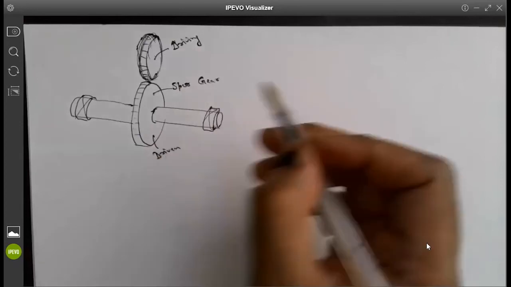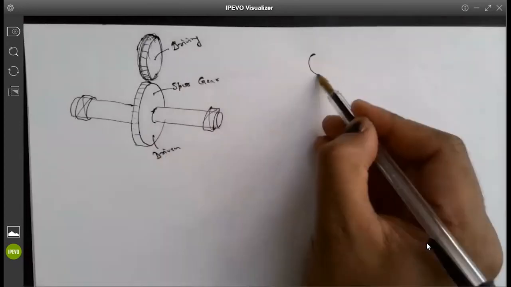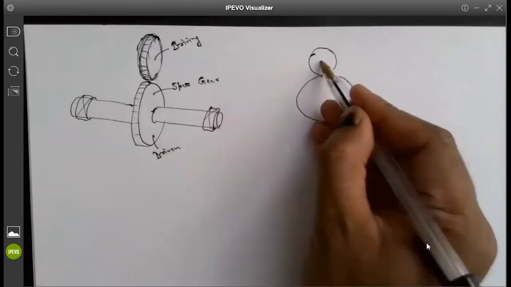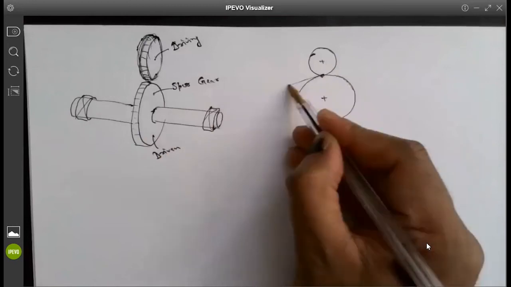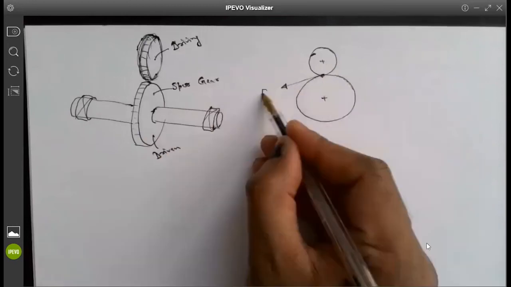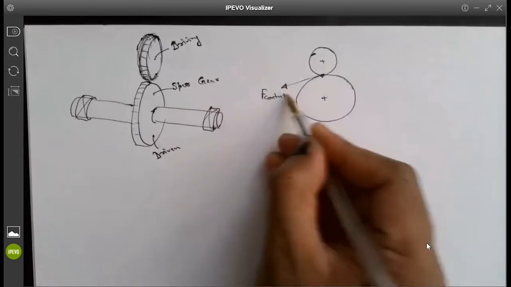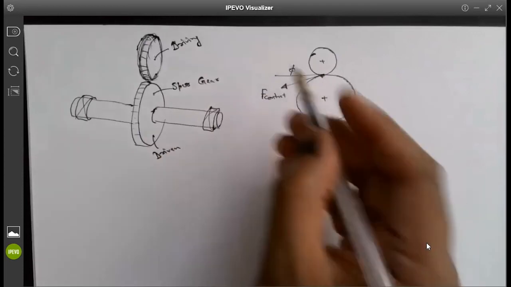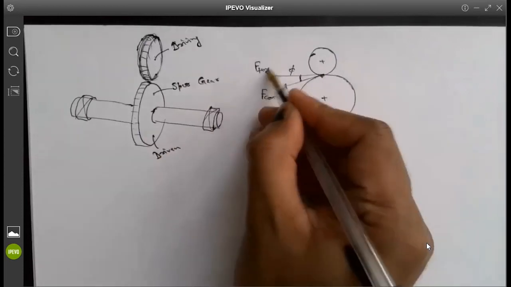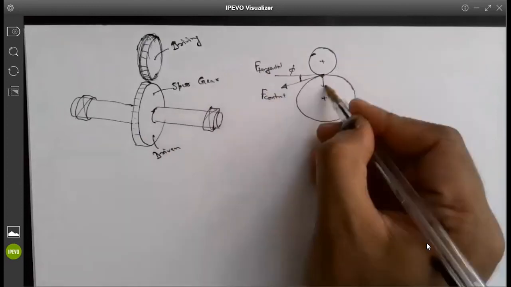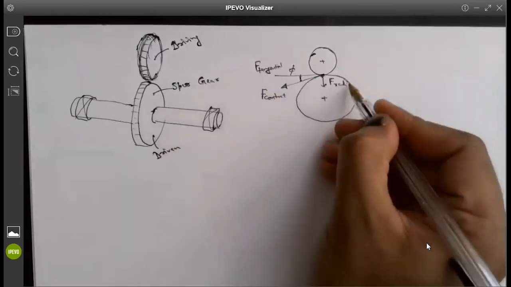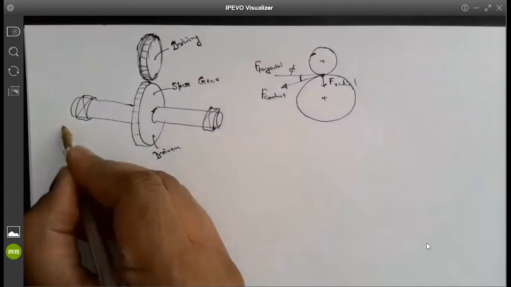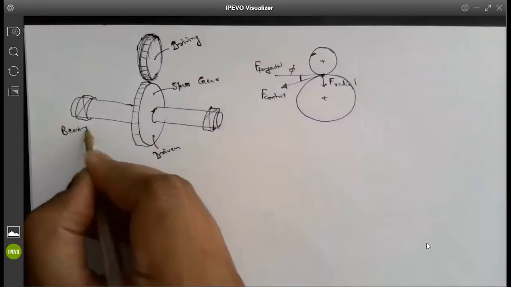We have seen similar computations in 471, where the forces are transmitted through a specific angle. This is your contact force. This is that specific angle which we call the pressure angle. Because of that pressure angle, you have F tangential and F radial. This is your spur gear. Are you getting the schematic that I'm drawing here?